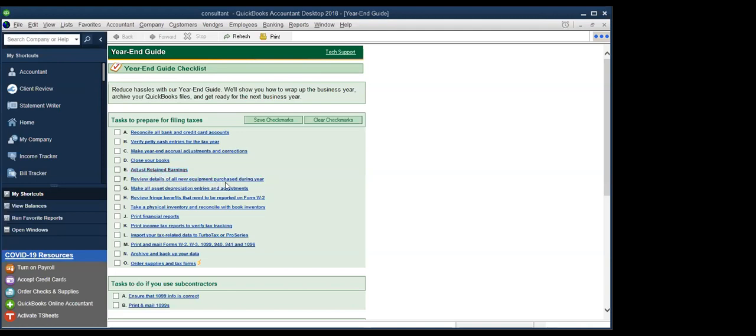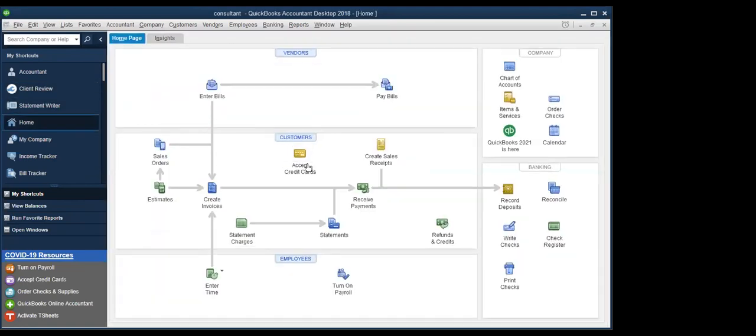Review details of the new equipment purchased during the year, because they want to make sure that you did the adjusting entries right. And then make the depreciation entries and the adjustments again. Review fringe benefits. This is related to all your salaries and payroll. Take physical inventory reconciliation with book inventory. Now, the reason it's separate over here and it's not inside the year-end accrual, is that for inventory,